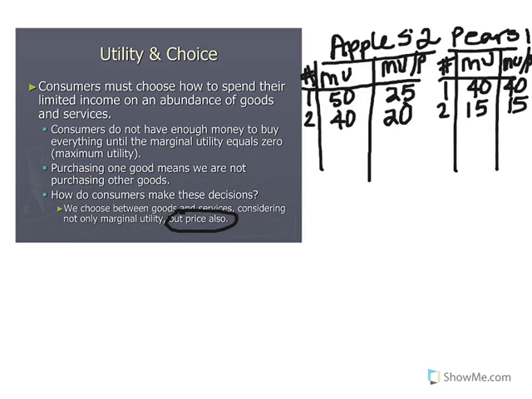So if I'm looking to see which item I would purchase first, I'm looking to see which item I'm going to get the most satisfaction per dollar spent from. Well, even though I actually like apples more, when I take price into consideration, I'm actually going to get more satisfaction from eating that first pear, because the pear per dollar spent is going to give me 40 units of satisfaction, whereas the first apple is only going to give me 25. So again, my first purchase,